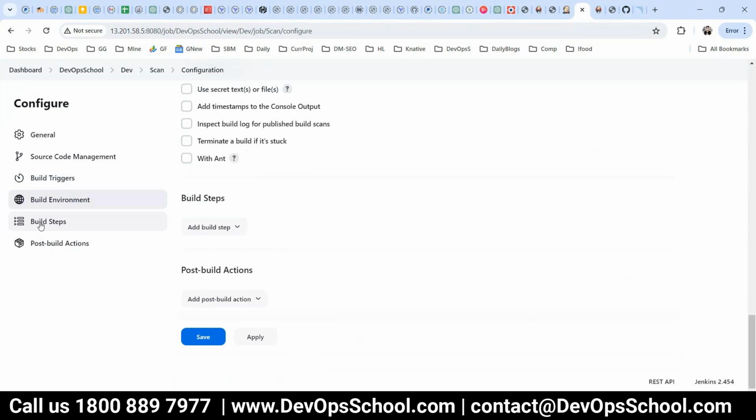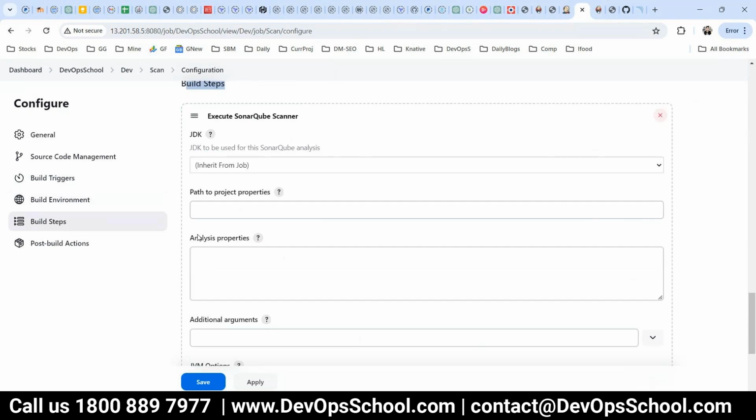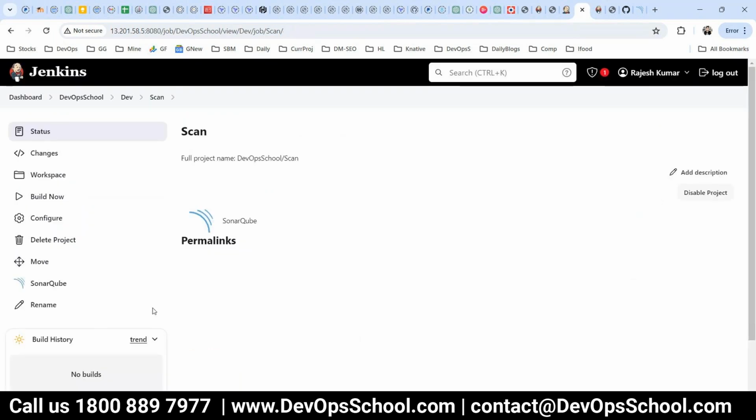Build steps, here is important, you have to run the scanner. See here, earlier this option was not there. The moment you install the plugin, all these options will come. So under the build, execute the scanner, and these are some of the options. Leave it as it is, and if you want to set up feedback or something like that, do that and save it. Now you see that one icon is not linked. We have to build it. And now Jenkins will scan your code every week,